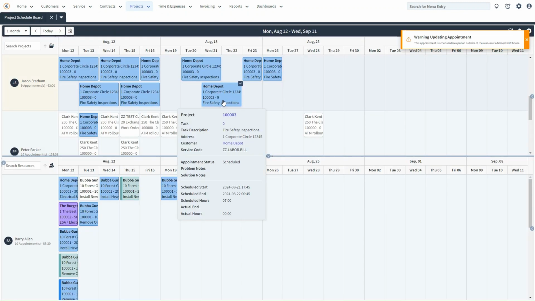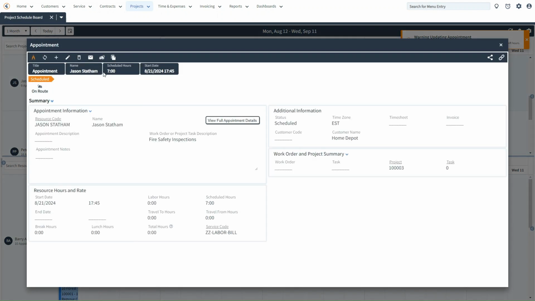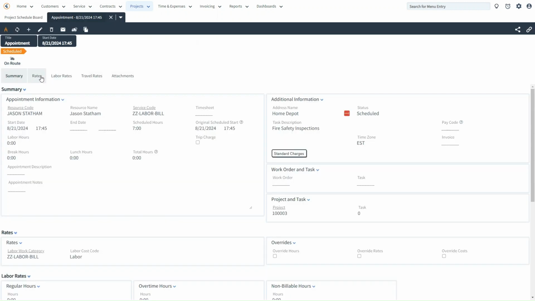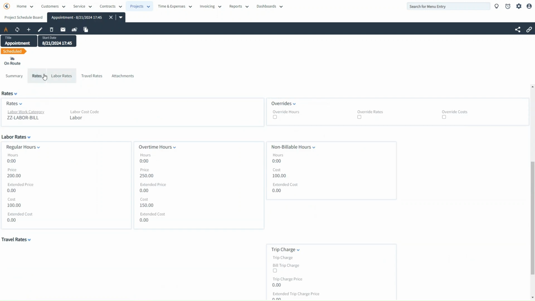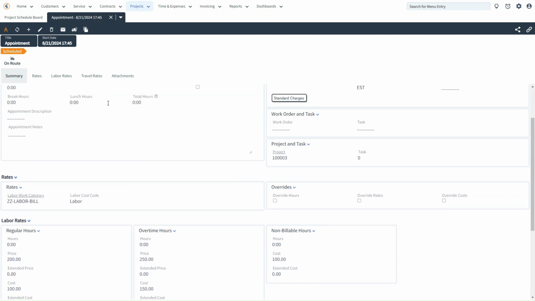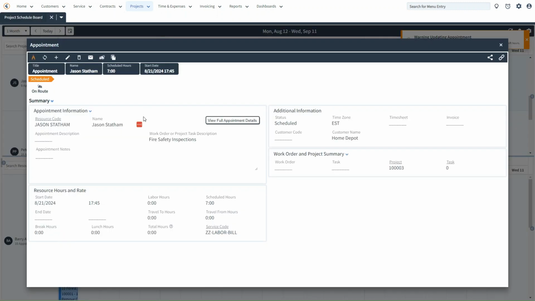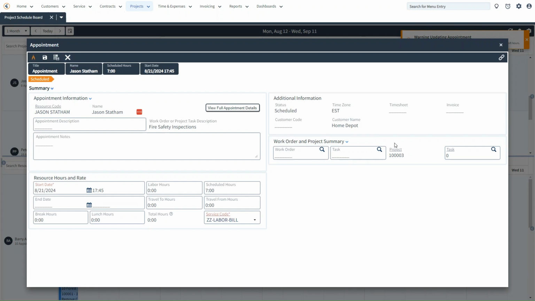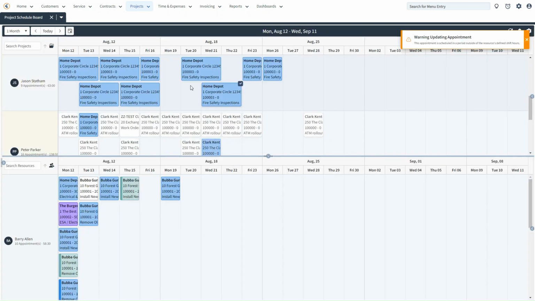You also have the ability to double click on the appointment tile itself, and that will bring up the appointment details form. Now, this is still technically a summary of the full appointments form. You do have this button here that if you were to click on it, it would launch the full appointment form where you have even more information pertaining to rates and overrides on rates for labor, travel, and you can go back from here. You have the ability to modify appointment details from here, changing the project task, perhaps relating it to a work order, changing the service code, start and end date, as well as the labor duration. Once we close out of that, we'll be able to go back to the main